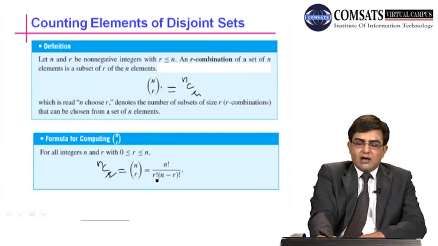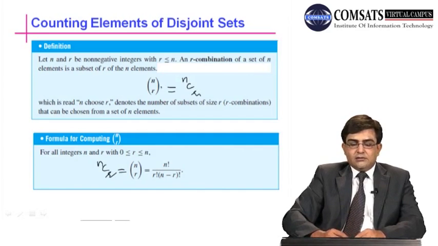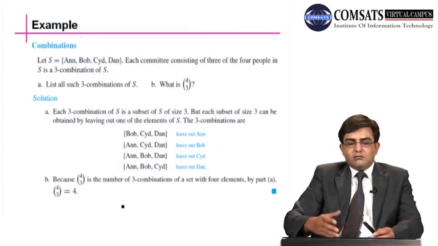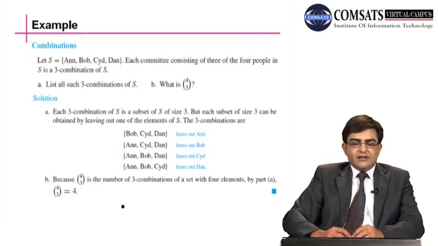This is n factorial over r factorial into n minus r factorial, and we have discussed several examples of computing such calculations. Now, as an example, I give another example here to remind you what a combination is. Combination is basically,